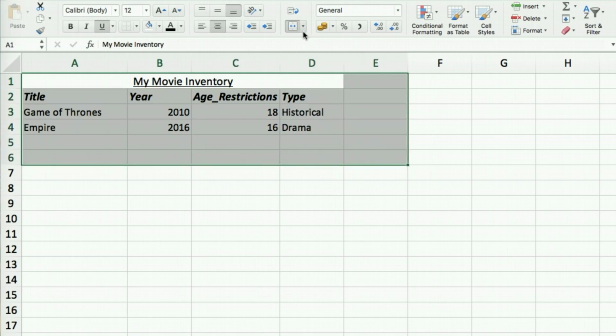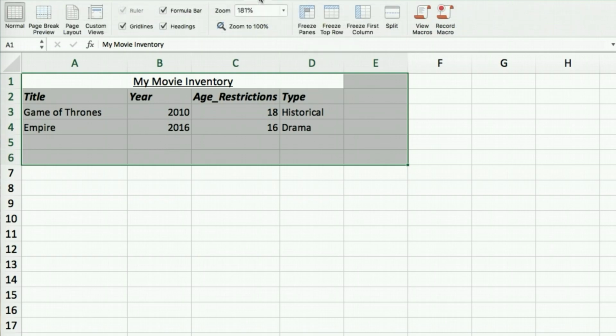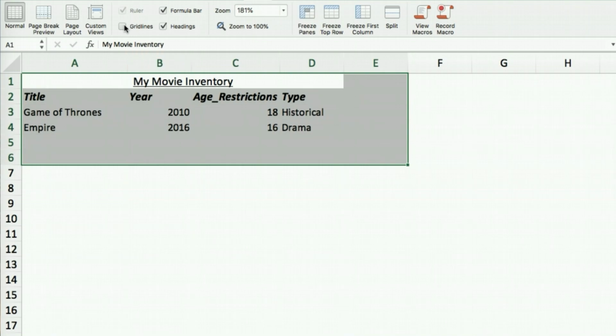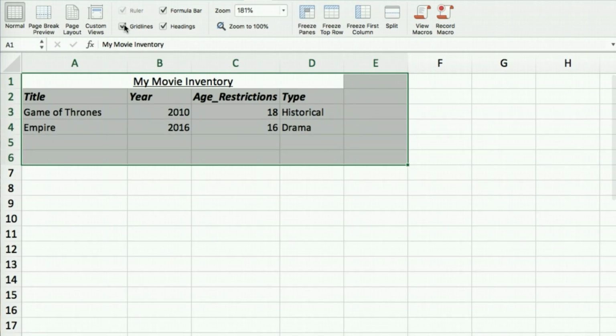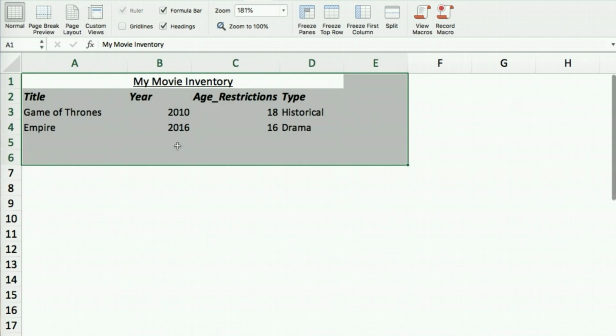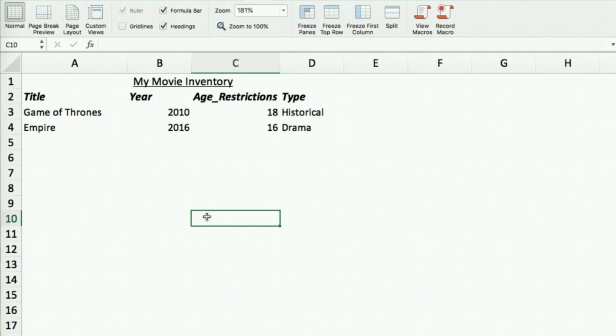We can go ahead and go to the view tab. Once you go to the view tab, and when you look at the ribbons, these are grid lines. They might look like borders, but they are grid lines. So if I untick that selection, you see I've actually lost the grid lines. If I tick back, I brought it back. So if you see like this, we now have a sheet that is blank,